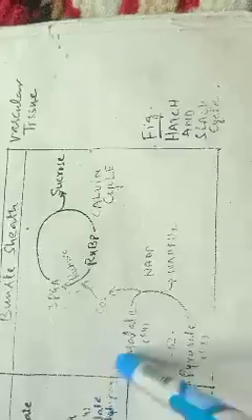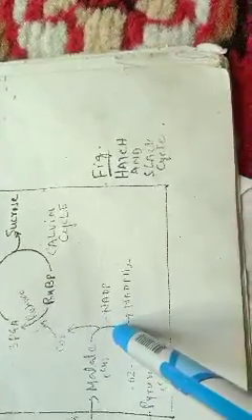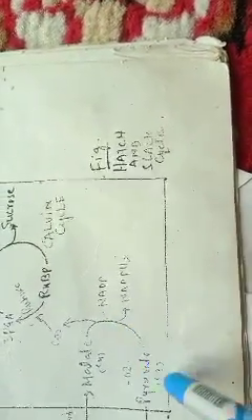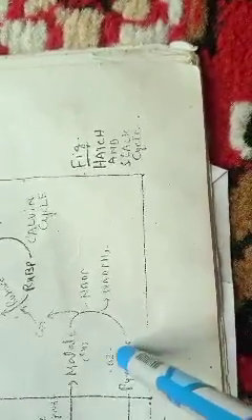Then what happens to this? The malate, or malic acid, is transported to the chloroplasts of the bundle sheath cells, where it is decarboxylated by NADP to produce pyruvic acid, or pyruvate. One molecule of carbon dioxide is released. This C4 compound once again produces a C3 compound, pyruvic acid, but the released carbon dioxide enters into the Calvin cycle.